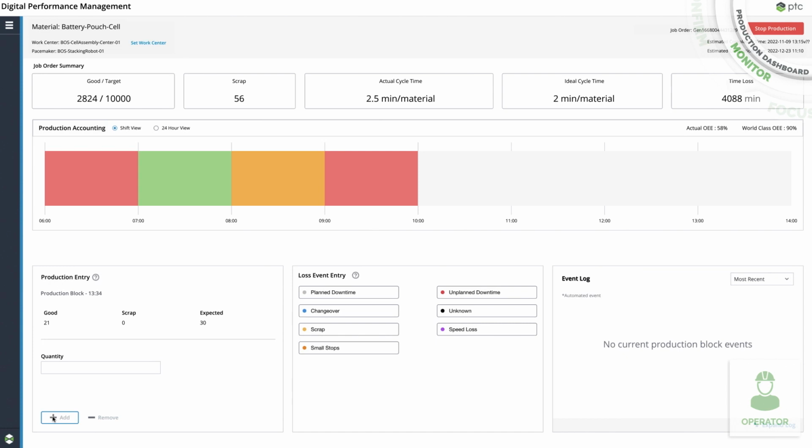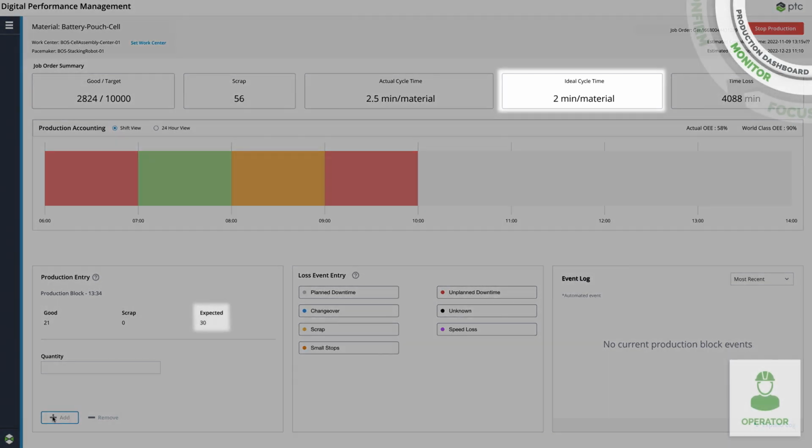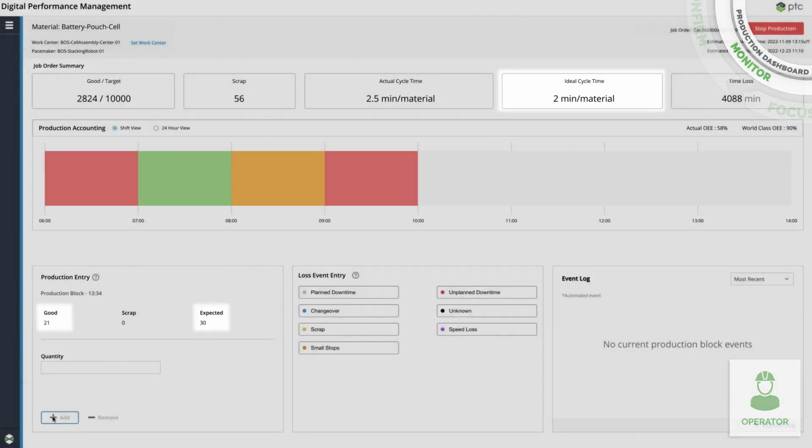At the end of each production block, Philip logs his progress to make sure he's accounted for all his time losses. With an ideal cycle time of 2 minutes, Philip's target is 30 batteries. But during this production block, he only made 21 batteries, losing 18 minutes to scrap, slowdowns, and unplanned downtime. To track his progress,